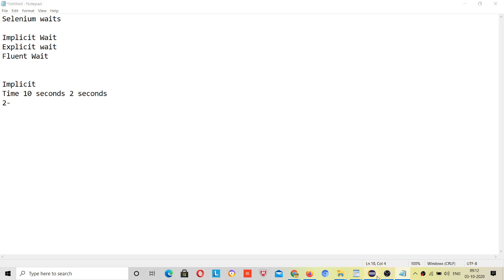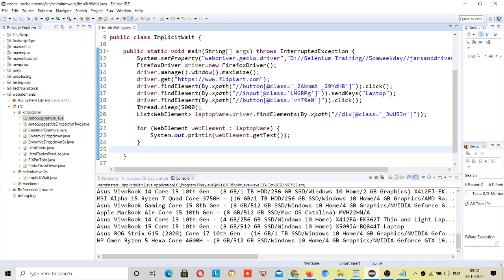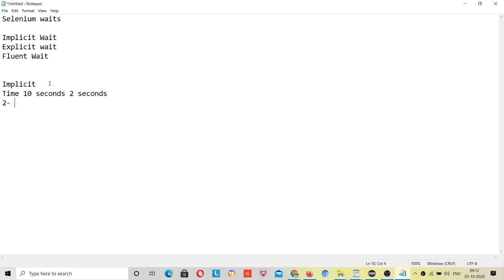So suppose inside 50 lines of code we were writing thread.sleep, but for this implicit wait, I have to write only one line of statement globally, and it will be working throughout the project, right? So this is one of the features of the implicit wait. Apply it once and get the advantage in every place, right?